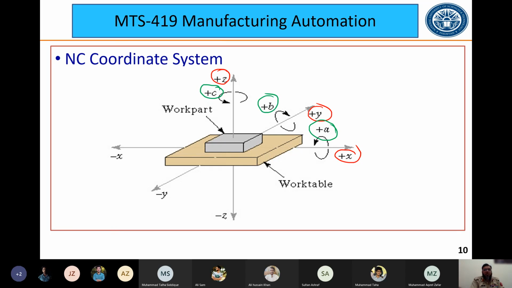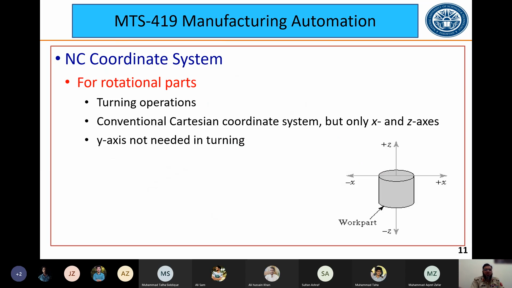Okay, so these were the NC coordinate systems for milling machines, and now for the rotational part. The NC coordinate system for rotational parts is actually for the lathe machine. You people have used lathe machines when you studied your subject of workshop practice. The lathe machine is used for turning operations, with the conventional Cartesian coordinate system, but only X and Z axes. So the Y axis is not needed. In fact, there are only 2 axes for